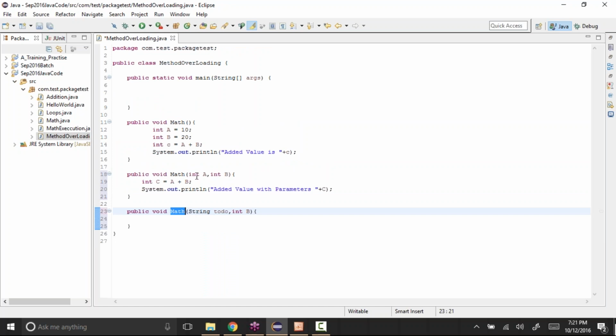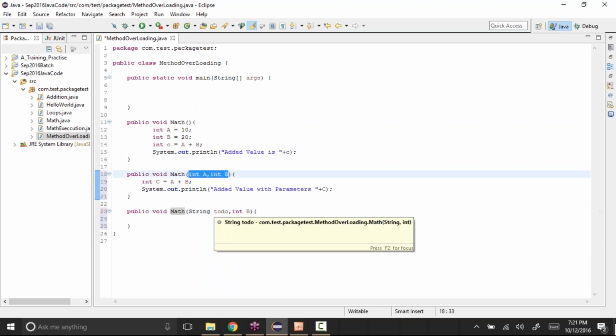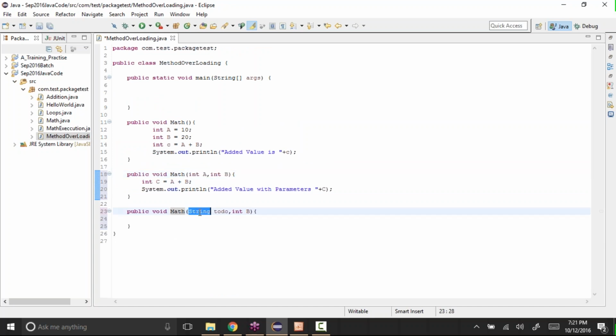So that's what, you can have the same method name with a different number of input parameters, and you can also have a method with different types of parameters. Okay, you can have different types of input variables. This is all part of overloading itself. This is what is called method overloading. We can create different methods with different sets of parameters, with a different number of parameters.